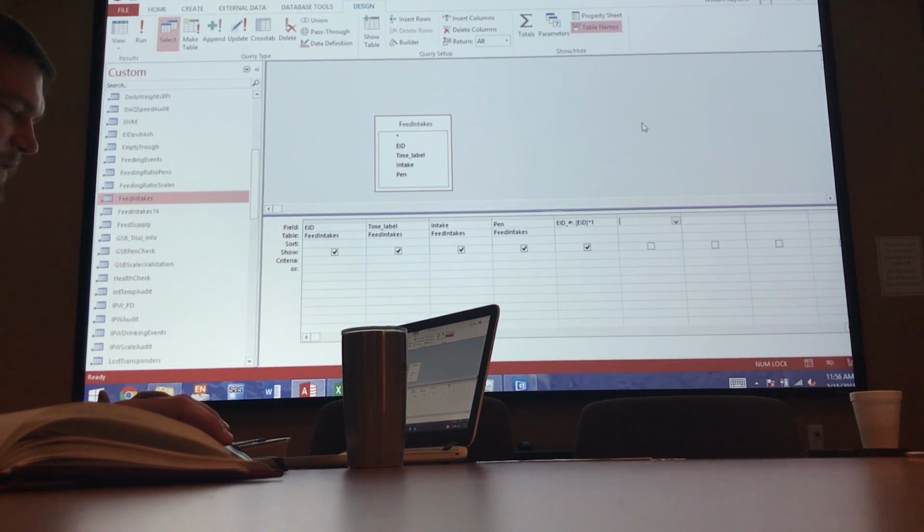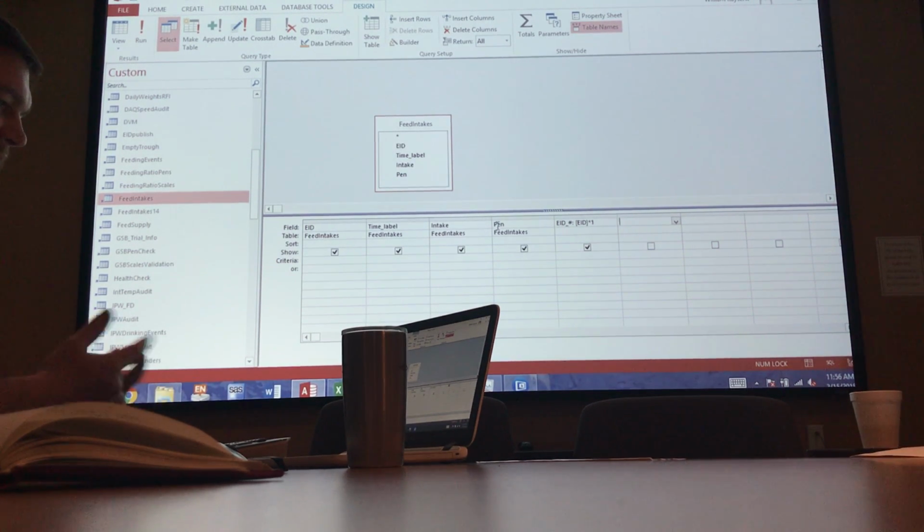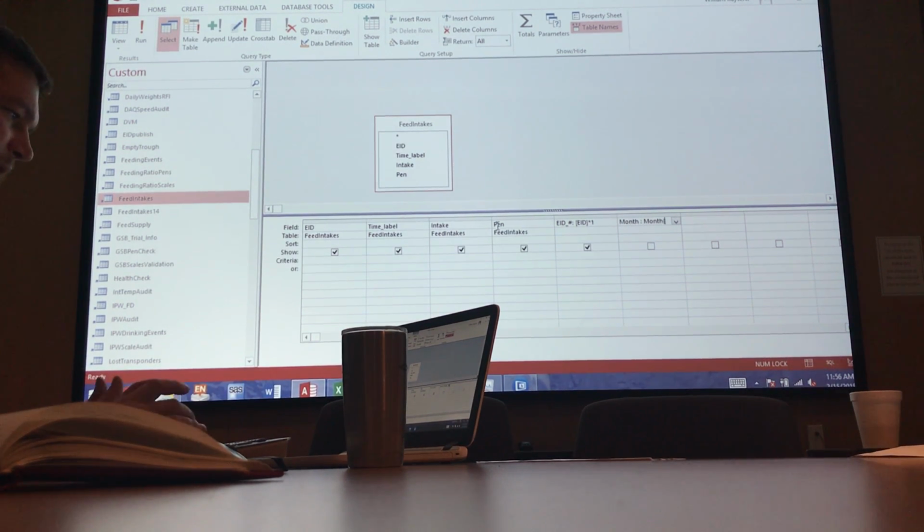The time label is a little bit different. We're going to deconstruct it and reconstruct it. So I'm going to go month, day, year. Here I am going to have to use a formula, so the title of my formula is Month. I'll do an open parenthesis just like in Excel. Same deal, brackets. Let's not label like that. And when I run it, it should just give me